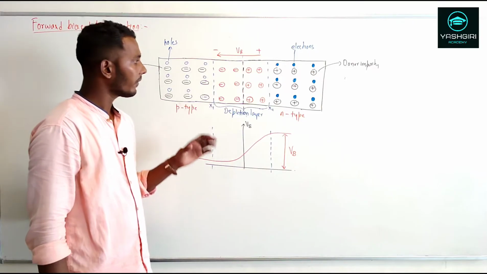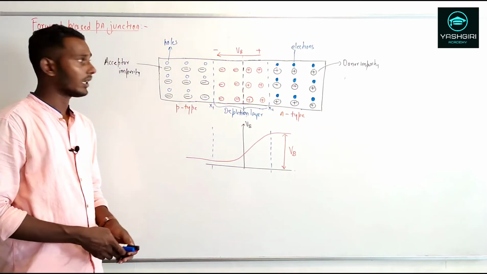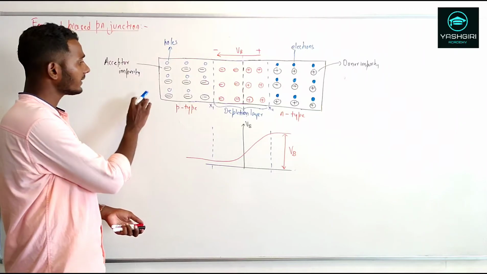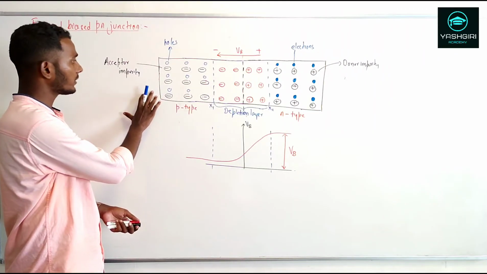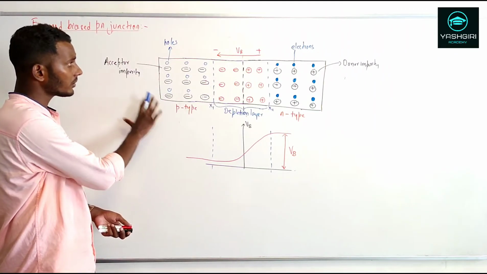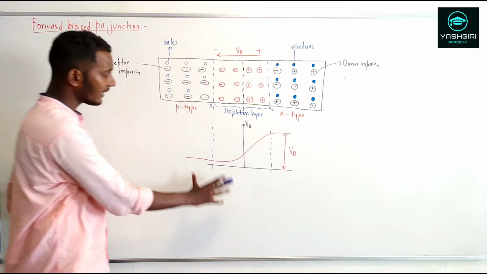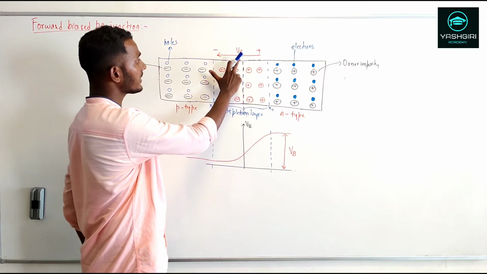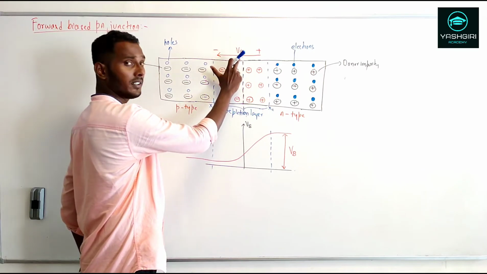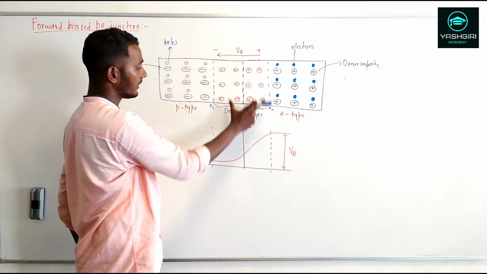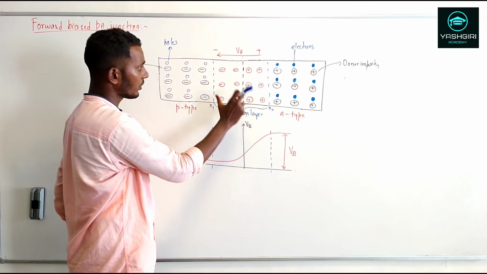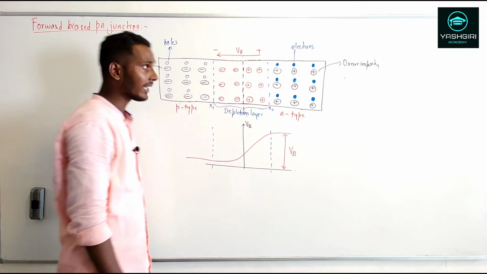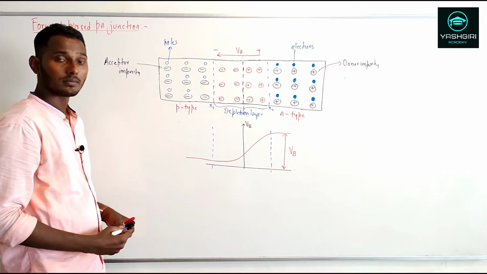Now let's see the forward biasing of a PN junction. What exactly is forward biasing? It is when you connect an external DC power supply to this PN junction in such a way that the external electric field you apply cancels out the electric field due to the potential barrier in this depletion region, so that a current flows in this PN junction diode. So that's it about forward biasing.